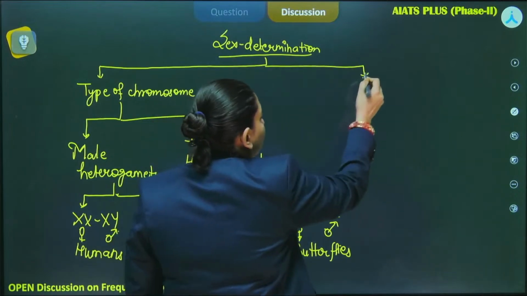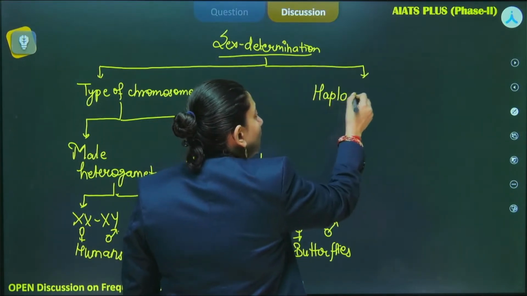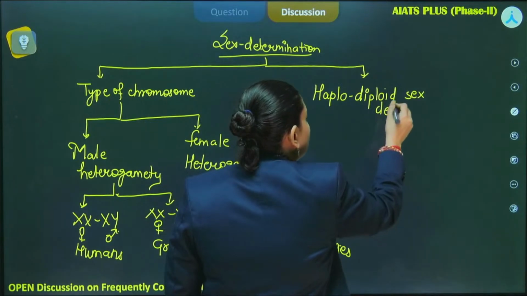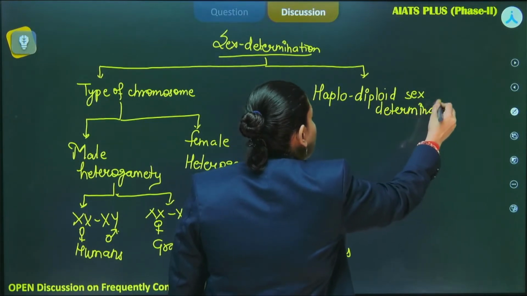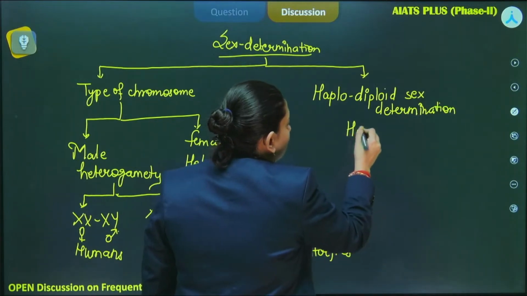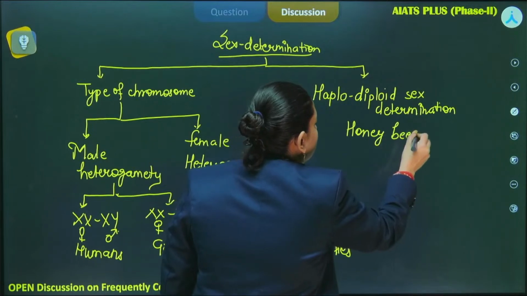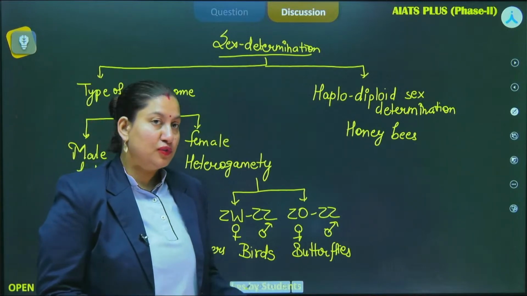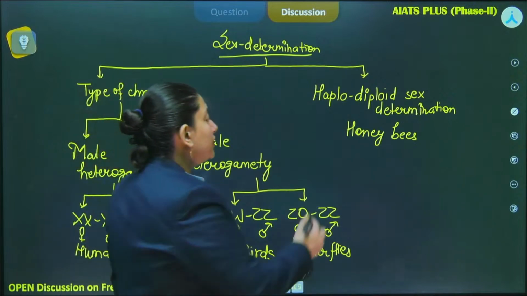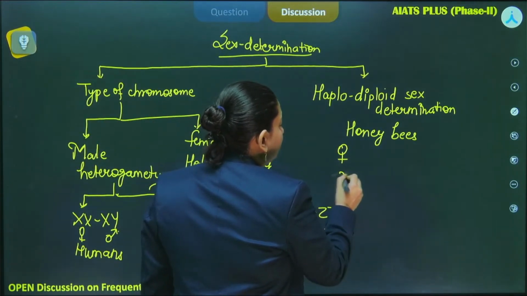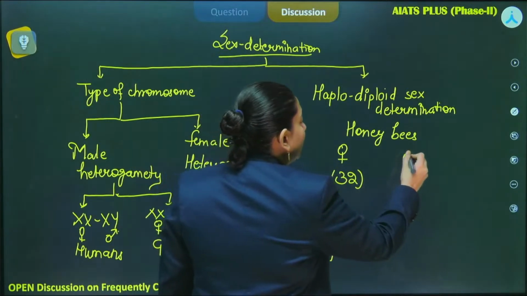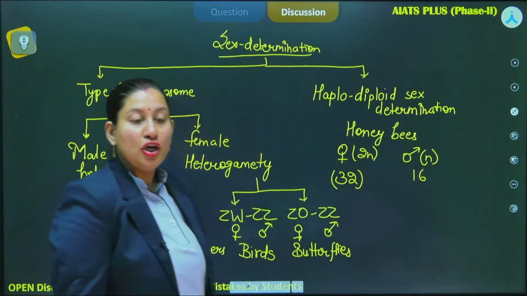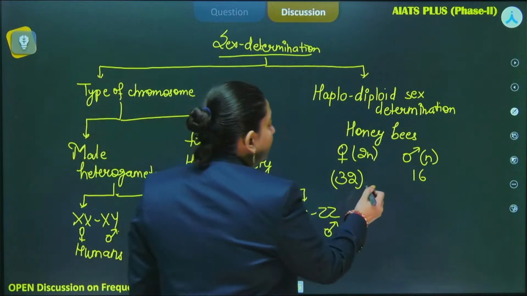Now apart from that, we can have haplodiploid sex determination, right? And this could be seen in honeybees, right? In this particular case, the males and females are having different number of chromosomes. Also, the ploidy is going to be different. Like over here, females are diploid, having 32 chromosomes, while males are haploid, having 16 chromosomes only. So in the next generation, if we talk about females, then they are going to produce the